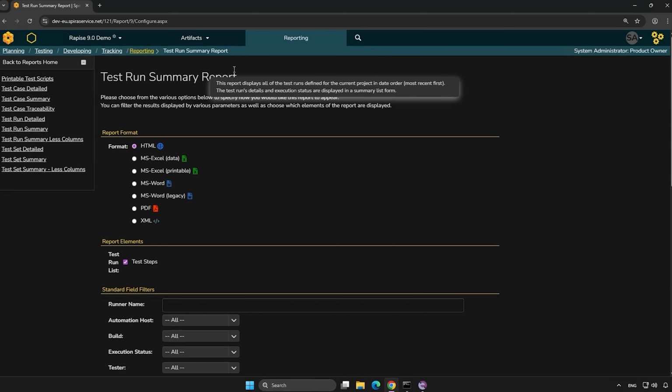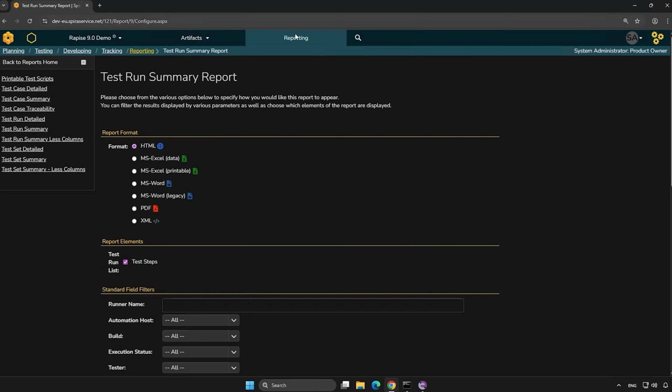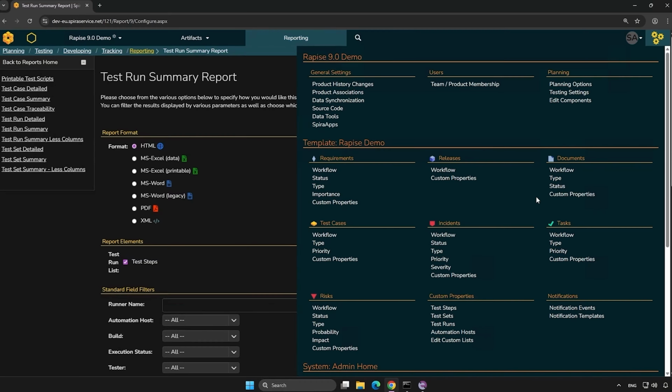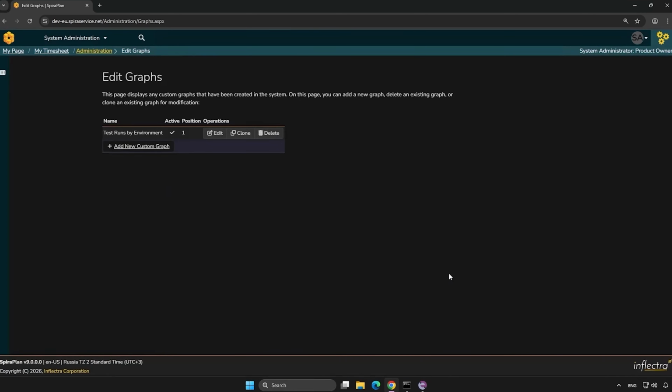Another interesting thing is you can do graphs using this custom property. So actually, first you need to define such a graph and then add it to the reporting dashboard. So let's go here and navigate to System Administration, Reporting, Edit Graphs. And here I have some graph defined, test runs by environment, and we may edit it and see how it